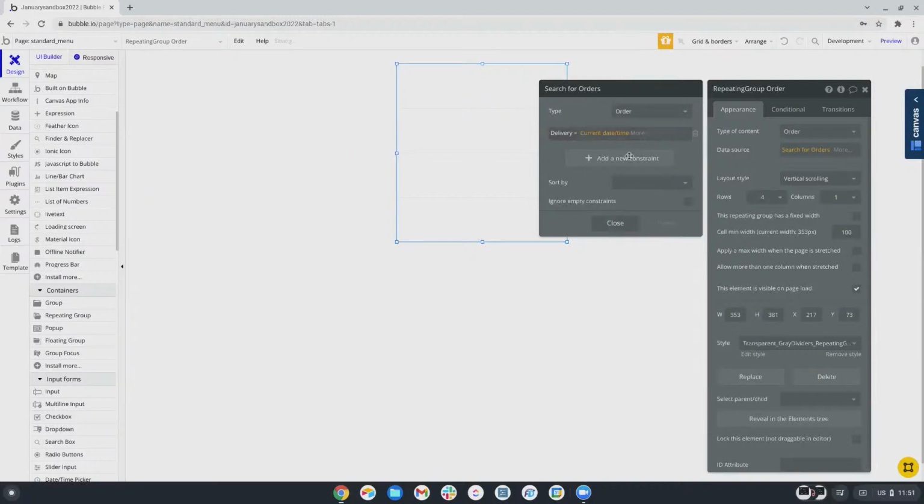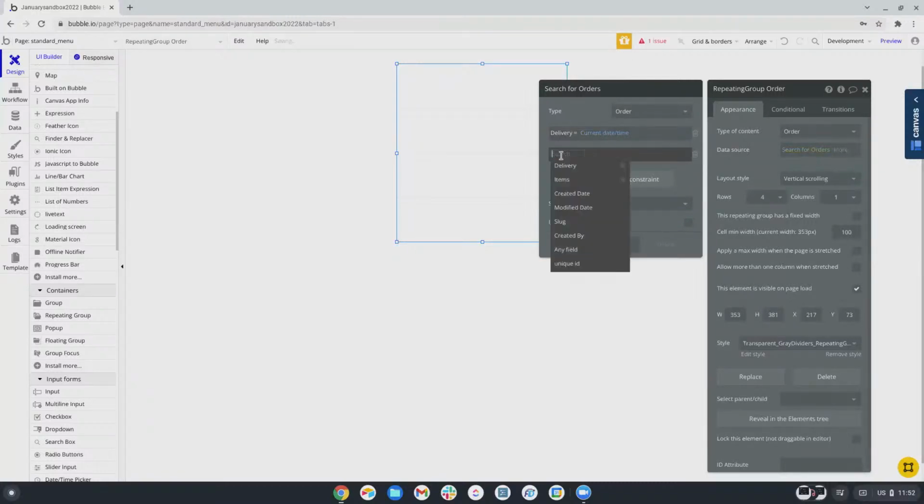Let's say current date and time or whatever. And then however we do that, the next constraint here would be where the items